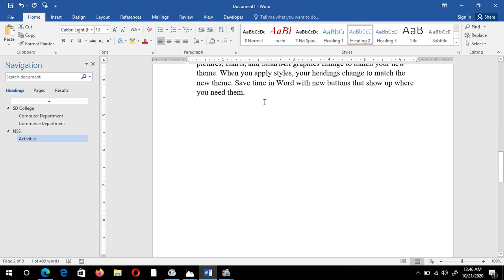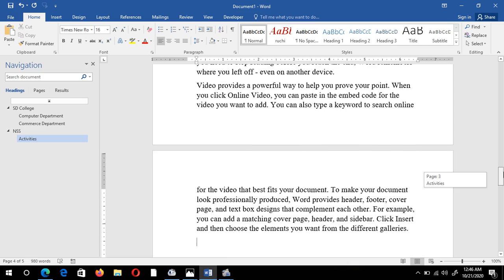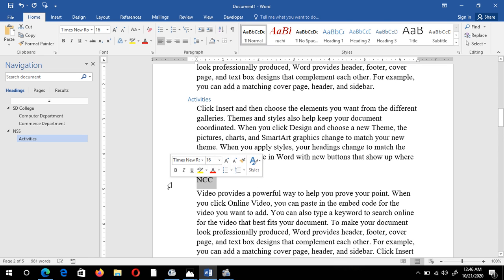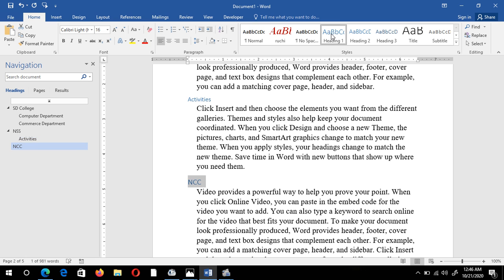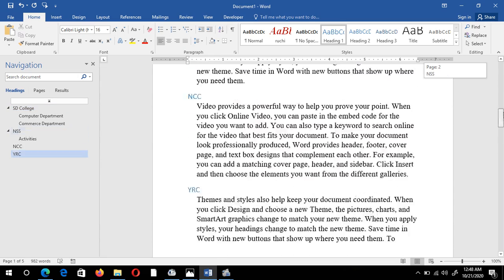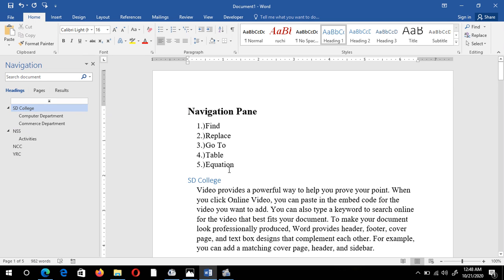Again, I just want some more text. I want to create one more main heading to make you understand better, and I am going to select it as a main heading. You can see I have added some main headings and subheadings in my document. Or you can write Chapter 1, Chapter 2 as the main heading, and for subheadings you can include some topics. So my document will look like this.